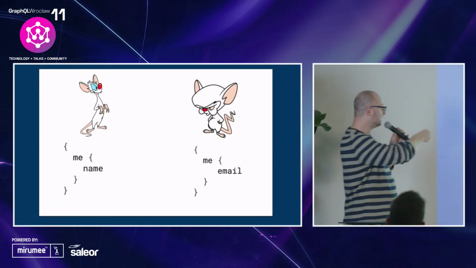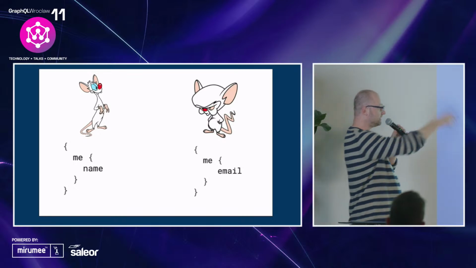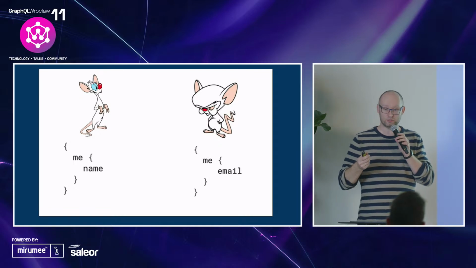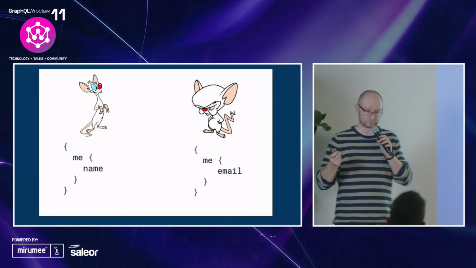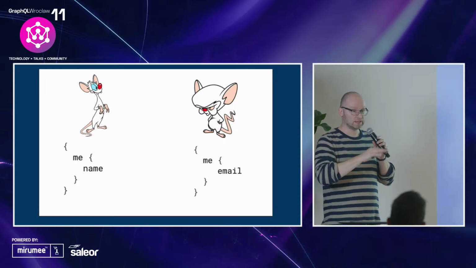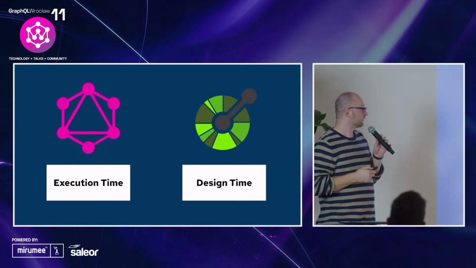So user A has a different query for this specific object, and user B has a different query. This is the beauty of GraphQL, because you can have another app. You don't need to have a separate backend for frontend. You can have one API that everyone calls for their needs and can generate their code.